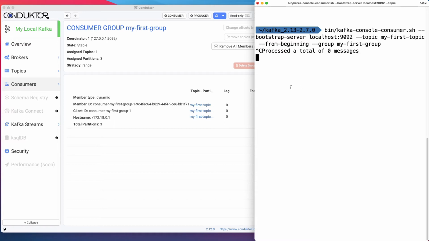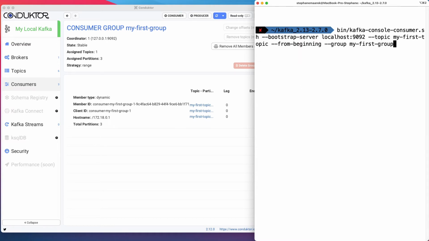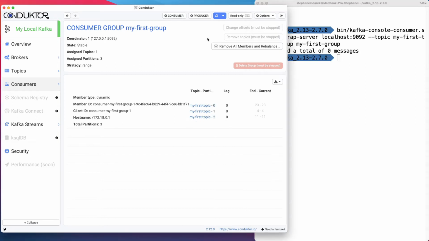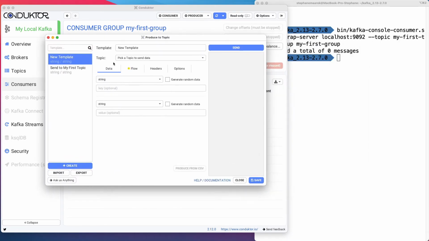So this is the same as taking the very same command and removing the from beginning option. So if I do so, I'm going to stop this consumer for now just to show you something. So I'm going to stop this consumer, and I'm going to start producing some data into my first topic. So let's go back to my first topic, and I'm going to produce more data. So I'm going to send, and we're good to go. And now if we look